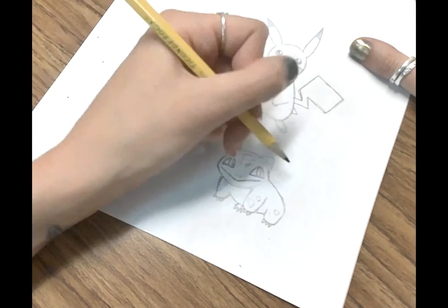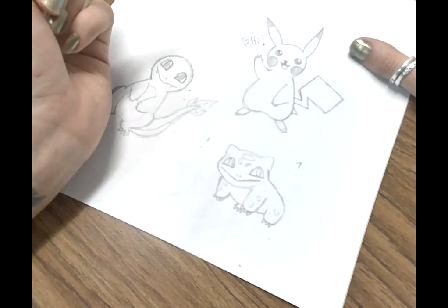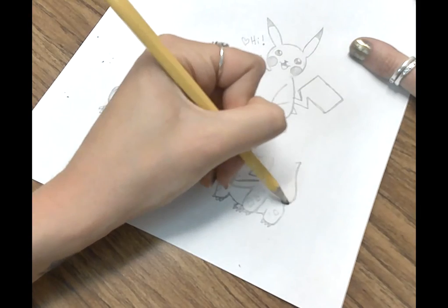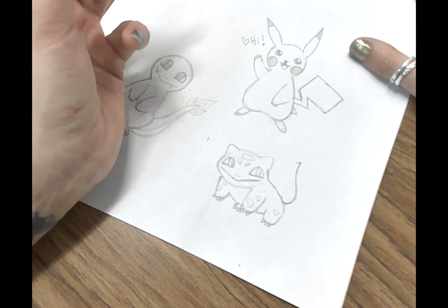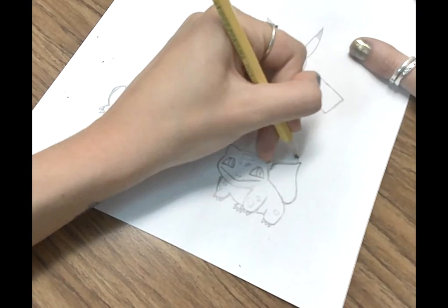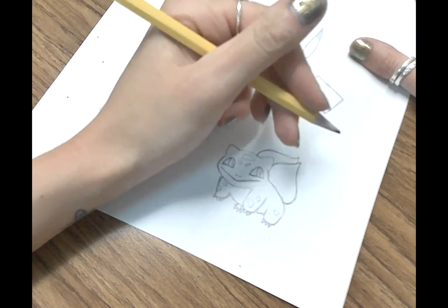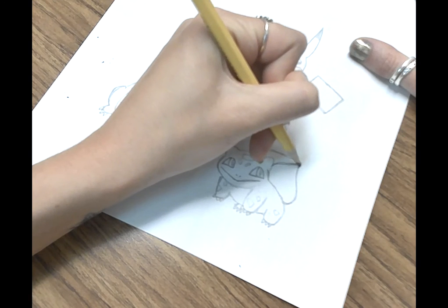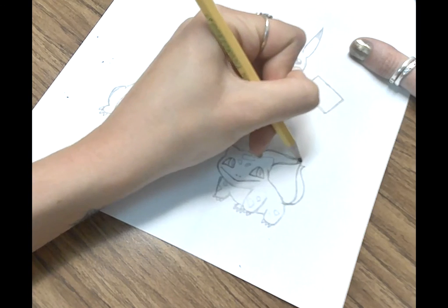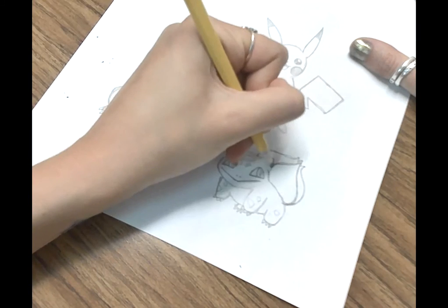And the cool thing about him is he has this beautiful plant on his back. What you're going to do is start up here, with a little triangle like this, and it's going to come down and wrap around like that. And then he has multiple, so you draw another one. This kind of curves up around here, around the back. And then you'd have another one right here. Now you can't see a lot of this one, so it's going to be more in the back like this. And you can't see the other one, but there's another one right here. So he has this beautiful bulb